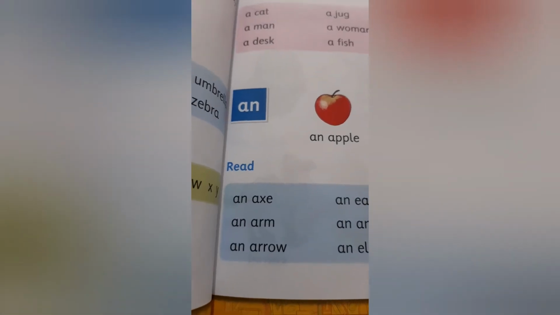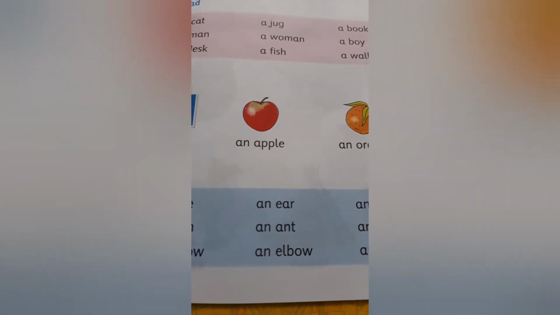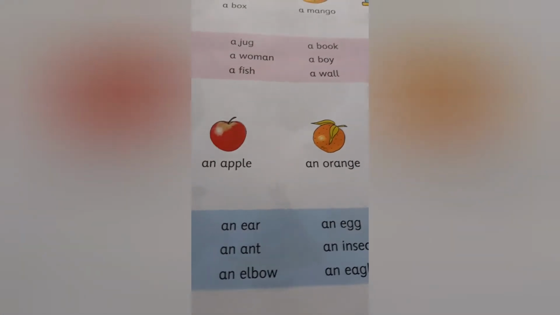So next is: an apple, an orange, an elephant. Next read out the words: an axe, an arm, an arrow, an ear, an ant,